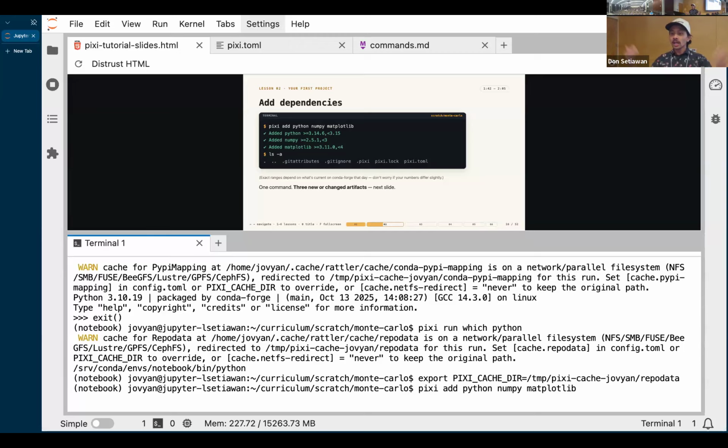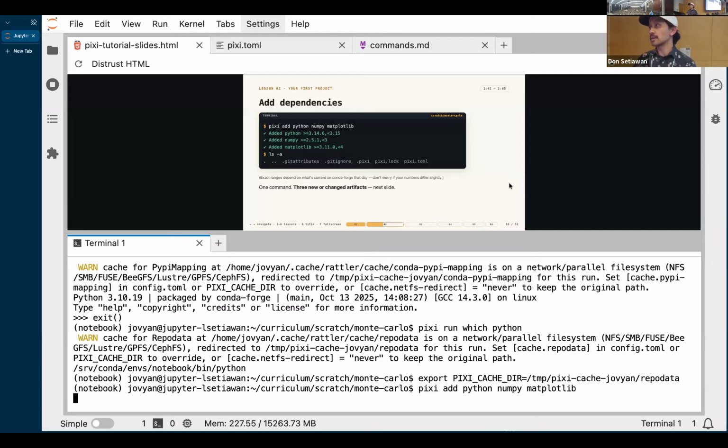Because you, as the person creating this package or Pixi environment, have done the hard work to figure out what dependencies work for the specific thing you're trying to do. And then you add different architectures to make sure that whoever you hand this Pixi project to can actually run it. Everything's already solved, and it's all in the lock file,